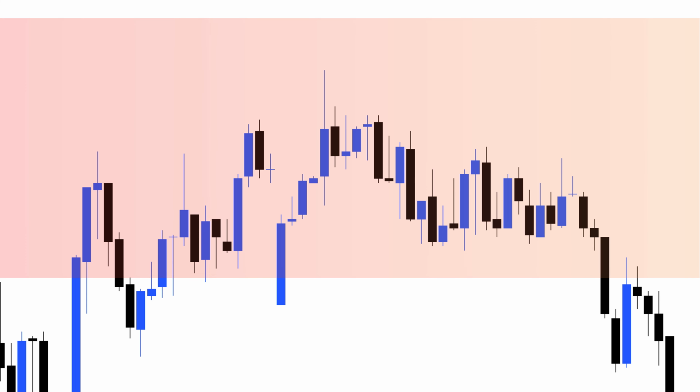Typically, we seek confirmation using candlestick patterns or certain structures. Pin bars and engulfing candles are examples of patterns we look for. However, other models can also be used when searching for confirmation. Let's take a look at this together.